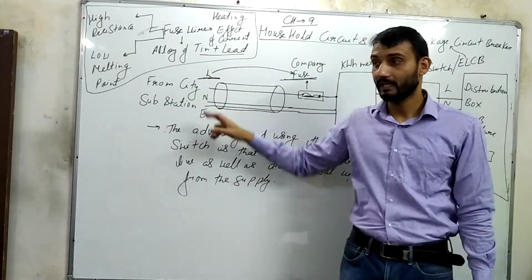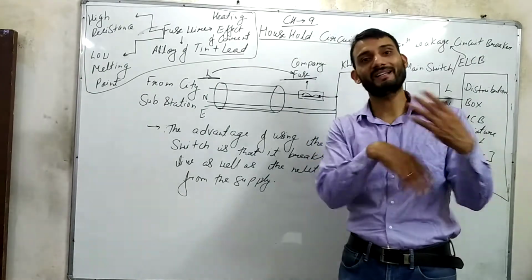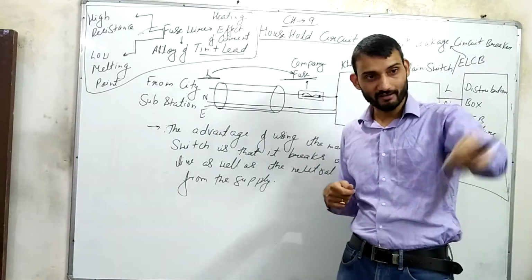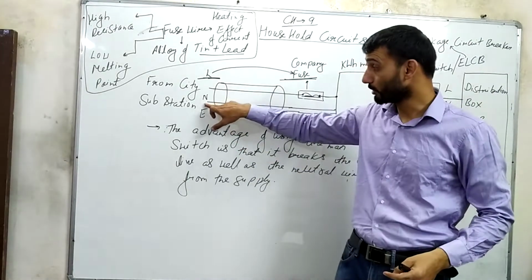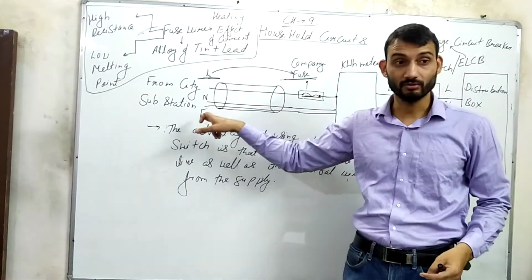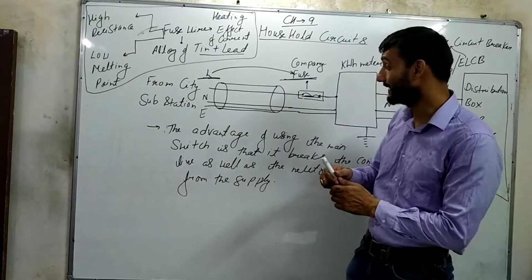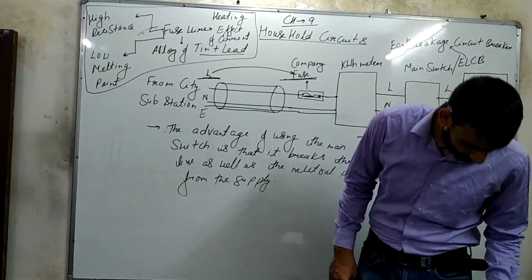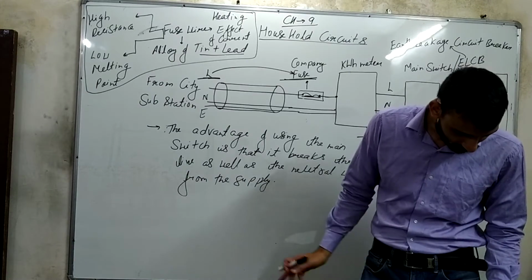This neutral wire is obviously used to complete the circuit. You cannot have a one-way circuit. In order to have a complete circuit, you want the current to again come back to the wire. In that manner only the circuit will be completed. So that is one thing. Okay, so this was it.